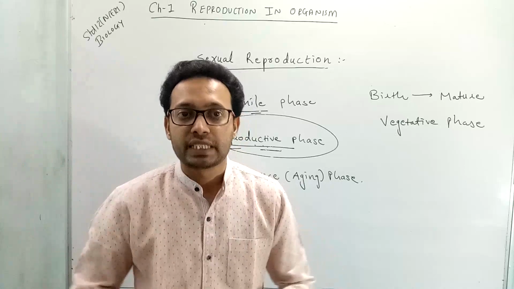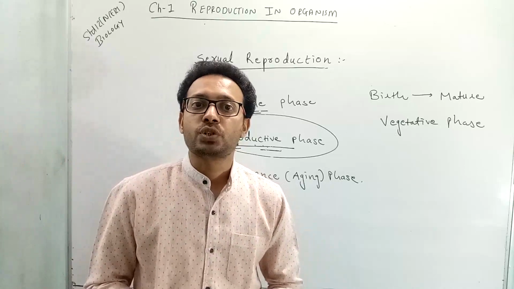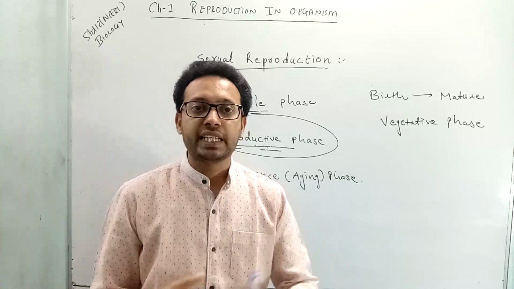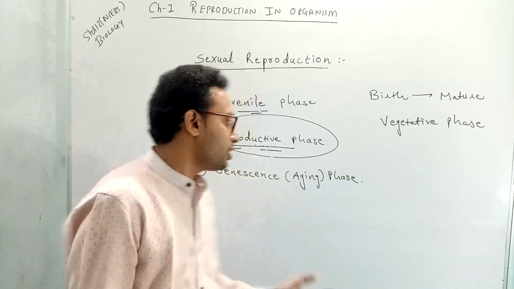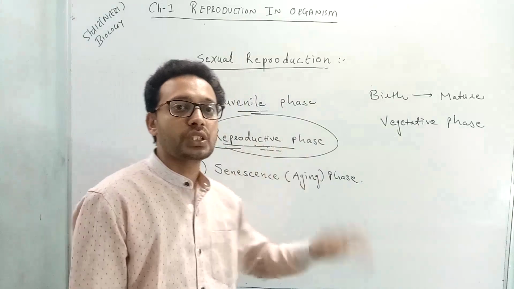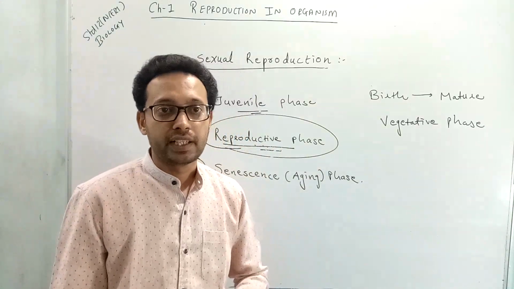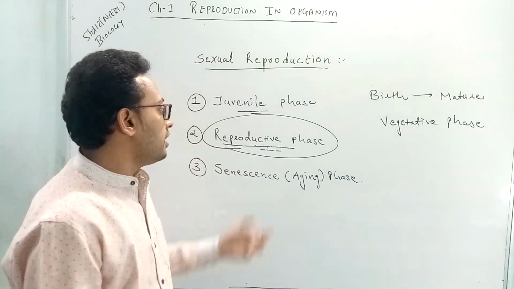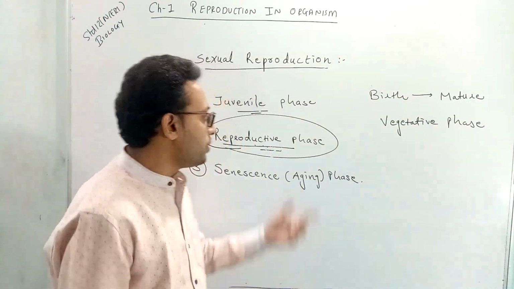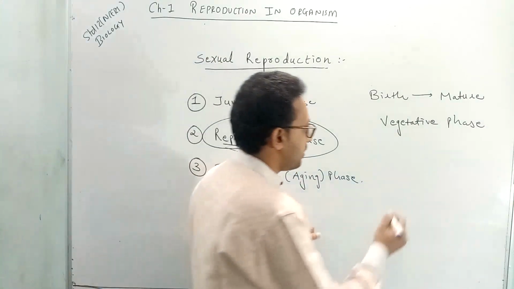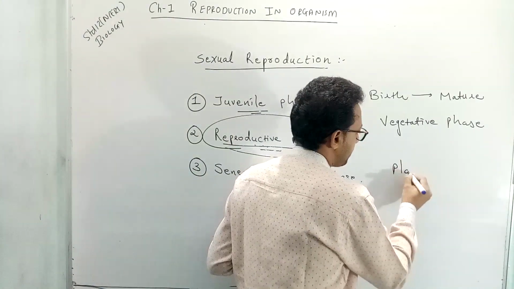But we also have some examples who reproduce throughout their life. For example, human beings. Human beings can reproduce during the whole reproductive phase of their life. Clear? If you take another example, the reproductive phase of placental mammals,